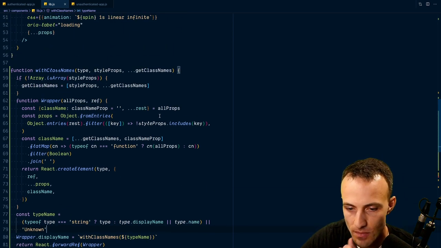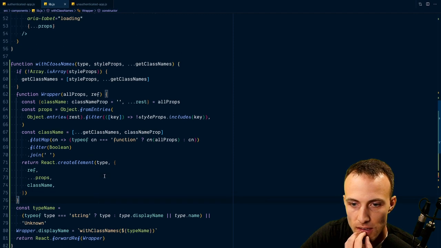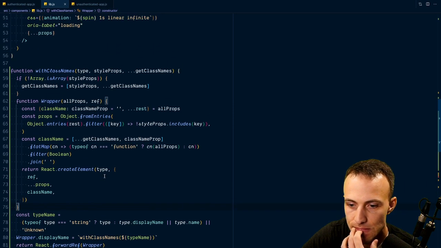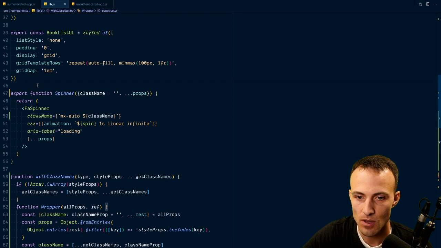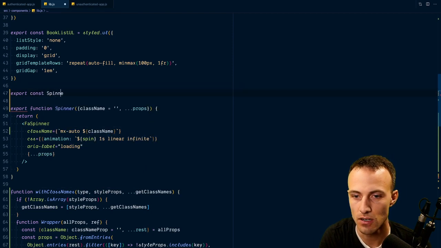Yep, okay. And this is just for DevTools. Okay. All right, sweet. So let's come up here, and now we can make export const spinner equals with class names,